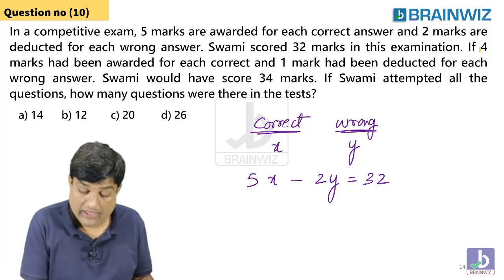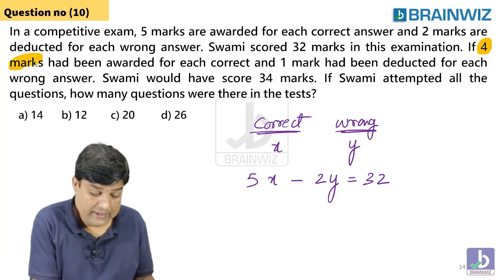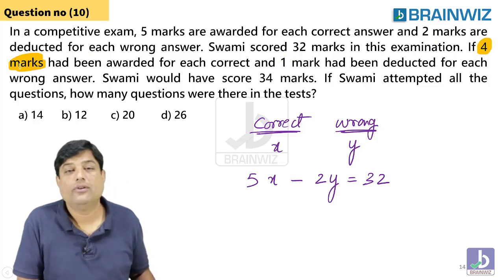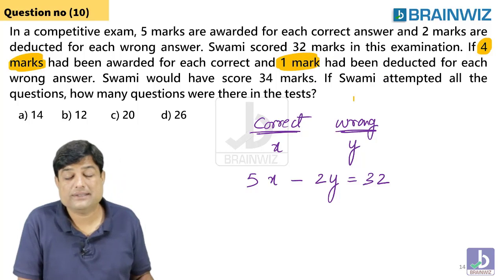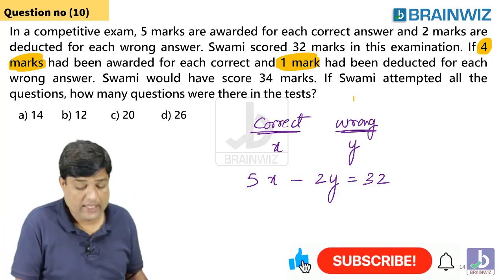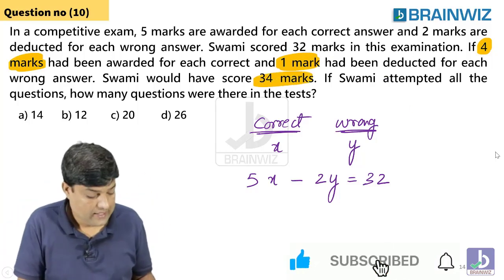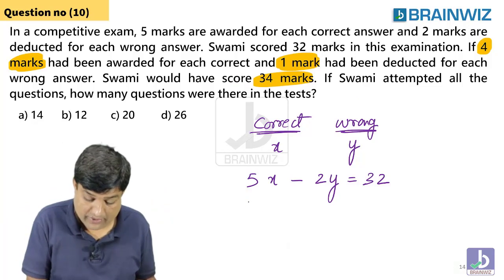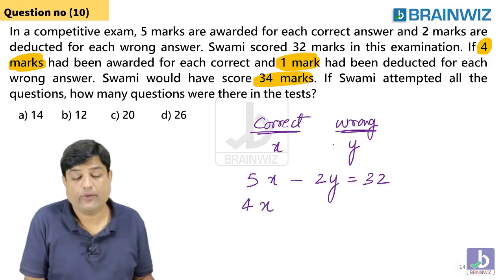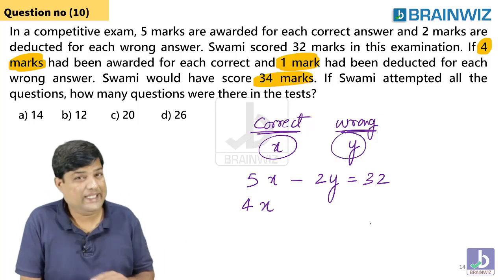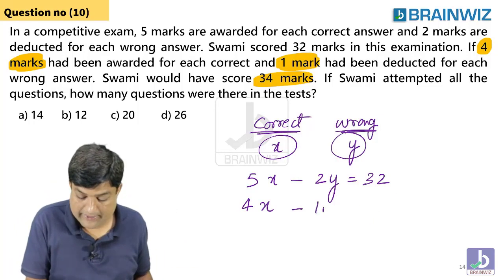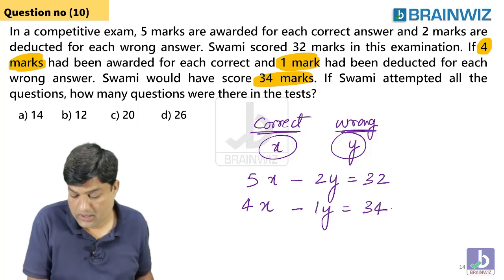Now, suppose 4 marks are awarded, in the sense given, for every correct answer and 1 mark is deducted for every wrong answer. In this kind of situation, Swami has scored 34 marks. So let's see here: the number of correct questions is x, 4 for every correct answer, and 1 is deducted for every wrong, so 4x minus y, which is 34. Guys,